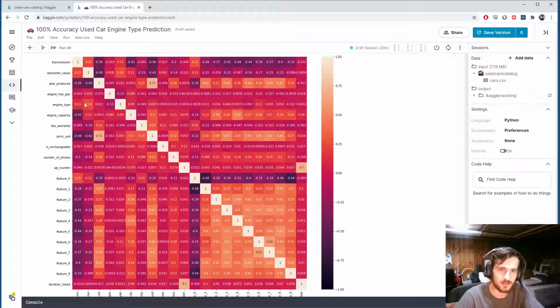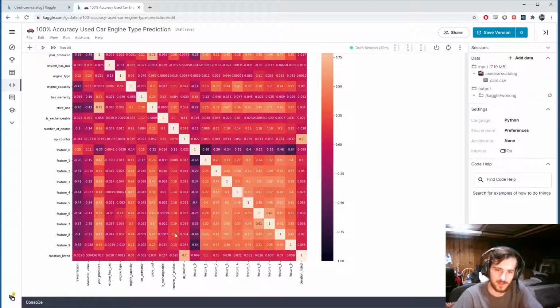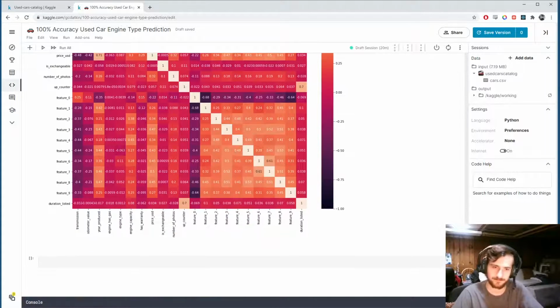It's also here. All very neutral. So that means if we do get a high accuracy, which I hinted earlier we will, it's not because any one of these is predicting for us. It's a very healthy combination of all of them that is going to give us quality predictions. Okay,